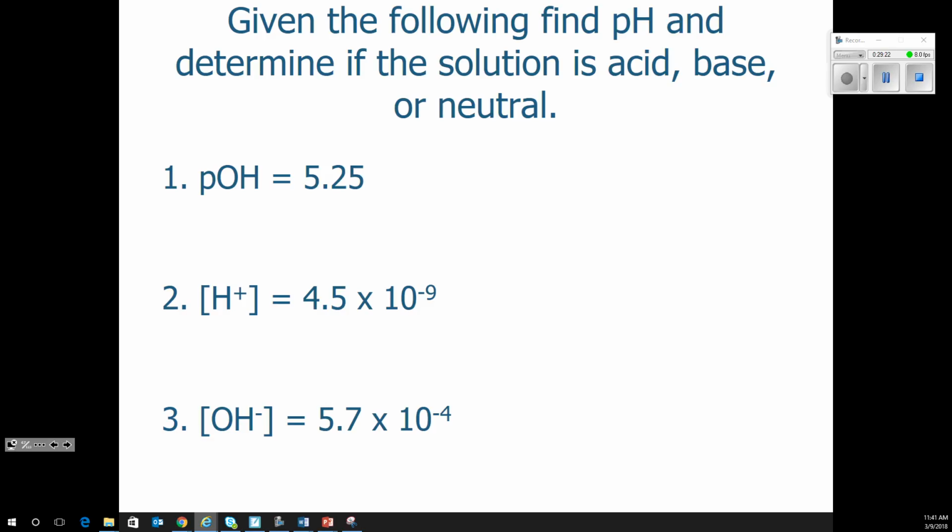Is it both of them? Like both of them times each other? Mm-hmm. So if you want one or the other, you're going to take 10 to the minus 14 divided by what you're given, in parentheses. So if I'm trying to find the H plus in this case, then you take that divided by the